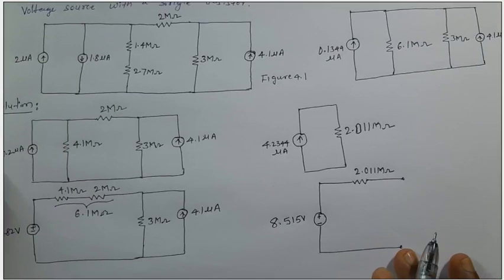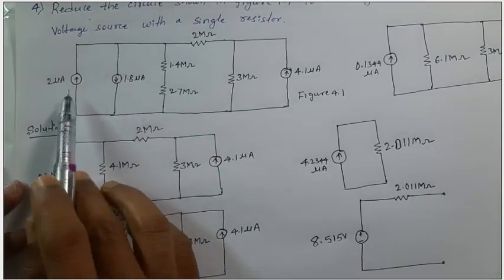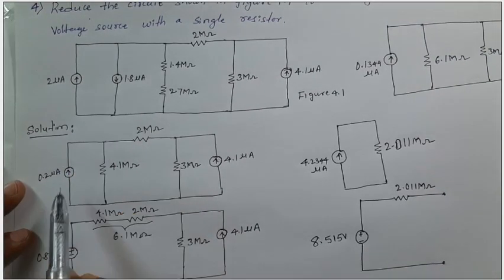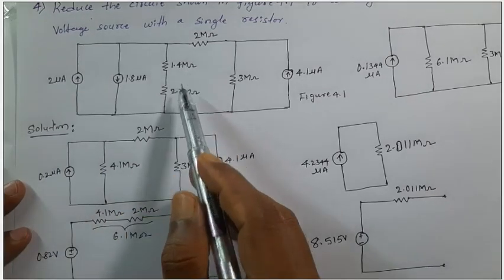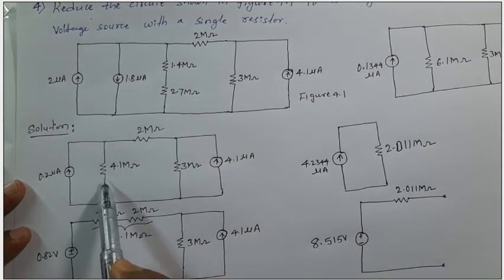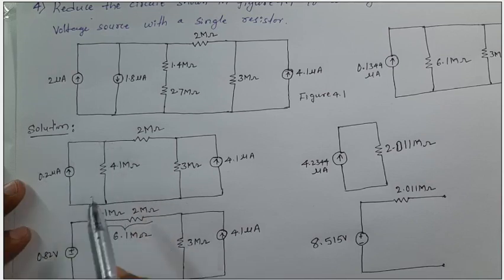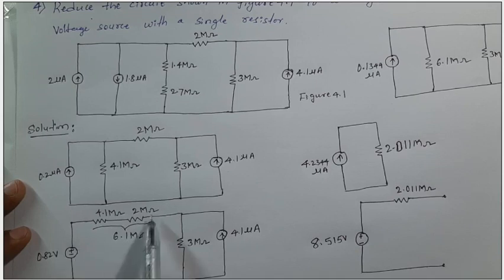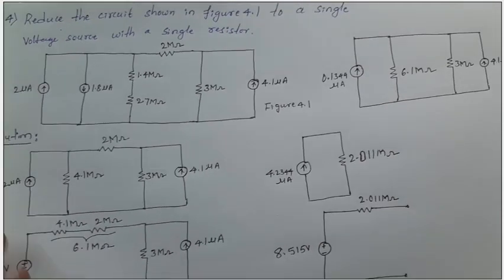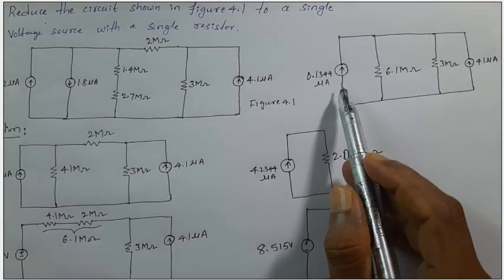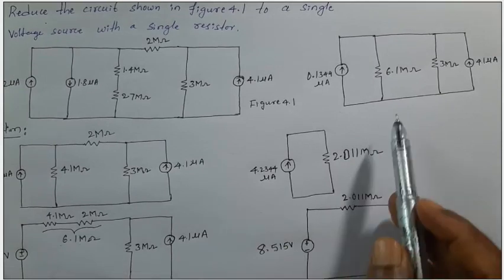So very simple, dear students, these two current sources were in parallel, we reduced to a single current source, and these two resistors were in series, we got a single resistor, and later this combination, current and resistor combination, we converted to voltage and resistor. Later these two resistors formed a single resistance of value 6.1 mega ohm, and this combination, 6.1 mega ohm along with this voltage source, we converted to a current source, and because of that this series resistance came parallel with this.